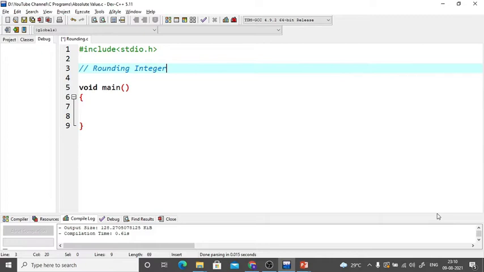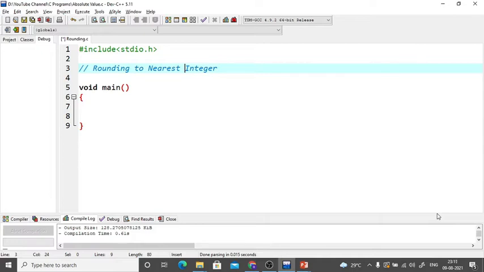Let us get back to the current video. In this, I'll be taking one more programming example for if statement. It is a concept of rounding integer, or to be very precise, rounding to the nearest integers. It's a rounding process. How do we generally do rounding? If it is 0.5 or more, then we round it up, and if it is less than 0.5, we round it down.